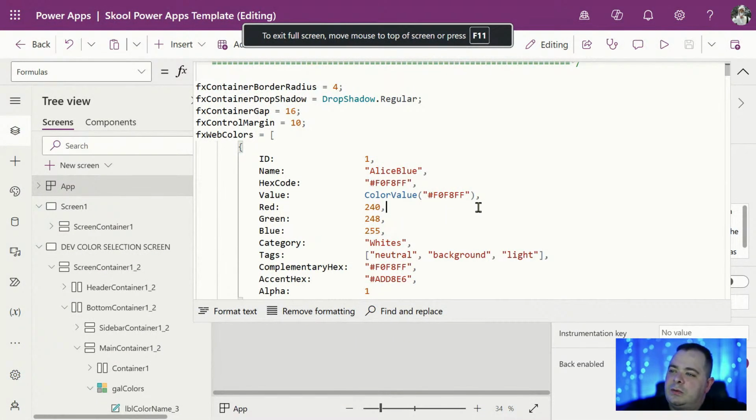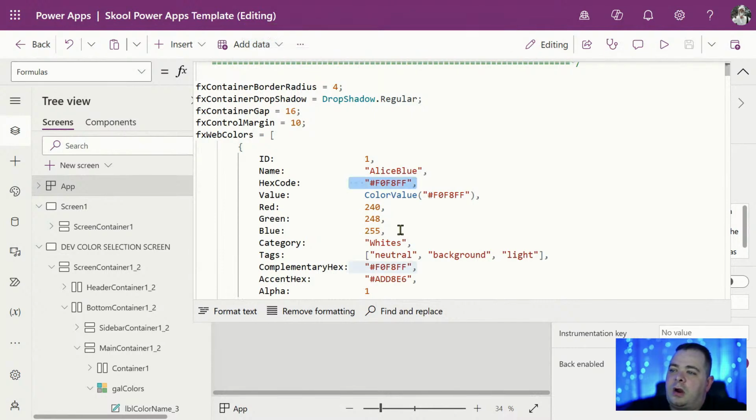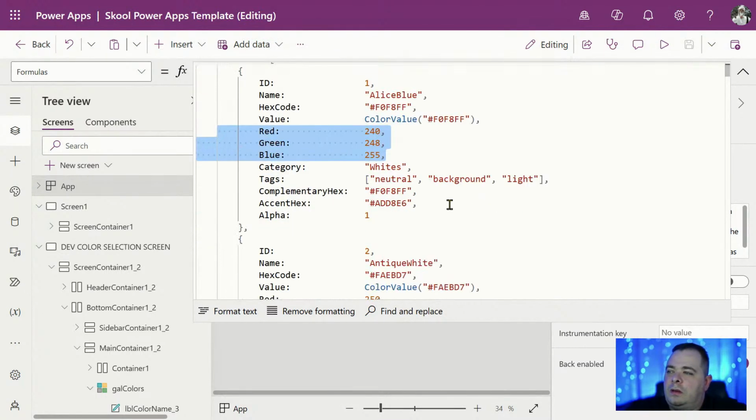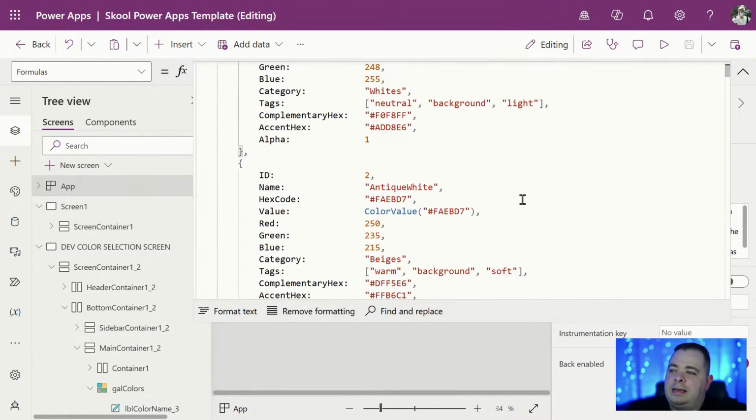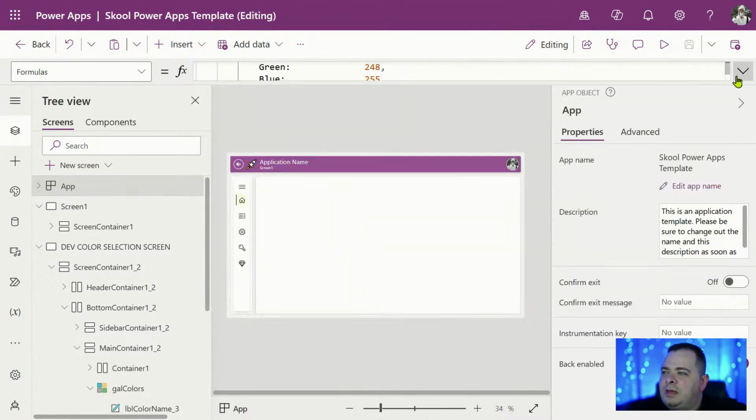Okay, what else did I do? Not only did I get the hex value, but I get the RGB value. I have a category of whites. So Alice Blue is considered a white. Antique White is actually considered a beige. So let me show you